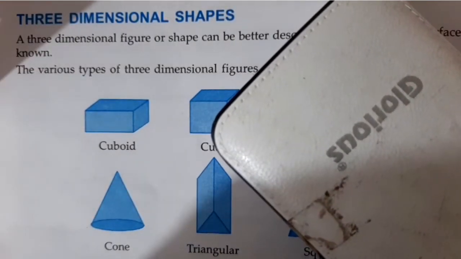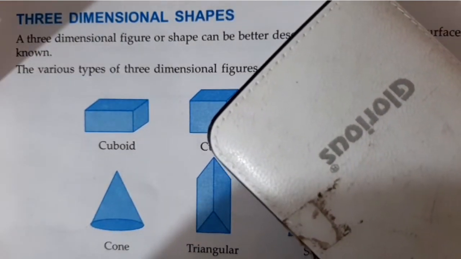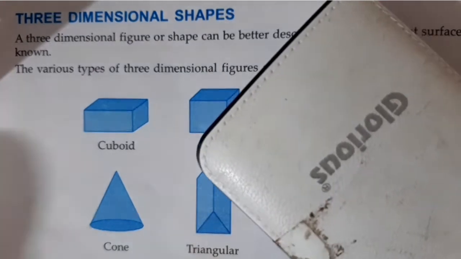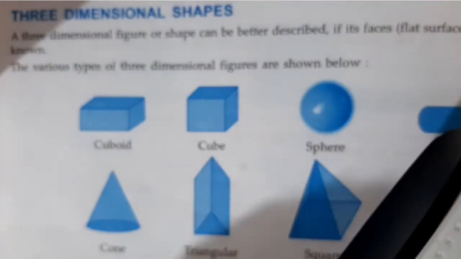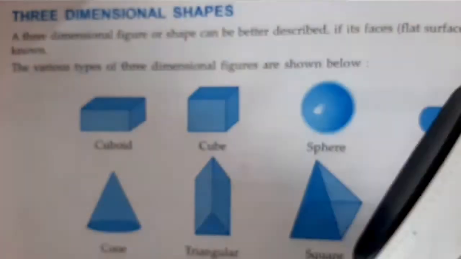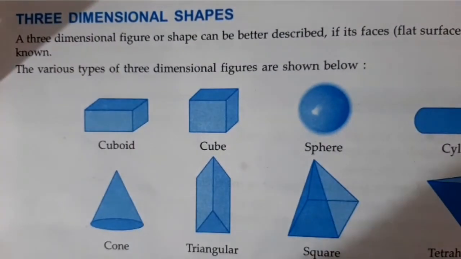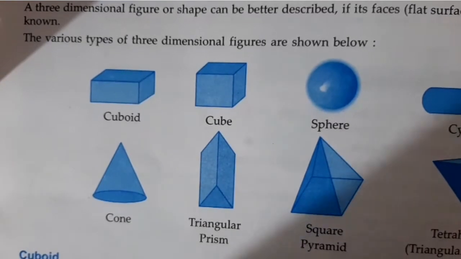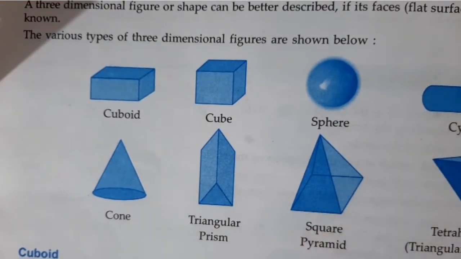And then faces. Faces are of two types. One is plane face and one is curved face. See, plane faces means these faces. See, 1 and downwards 2. Then here 3, this one, and here 4. Then here this one 5 and here this one 6. So a cuboid has 12 edges, 8 vertices, 6 plane faces and 0 curved faces.